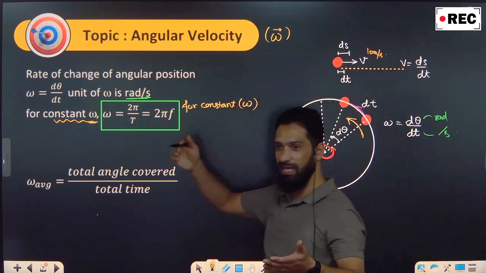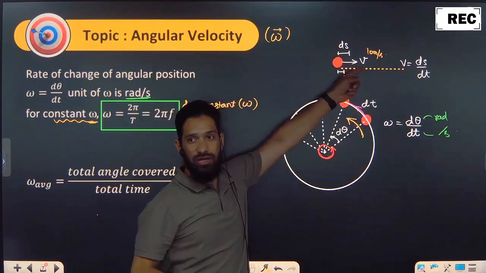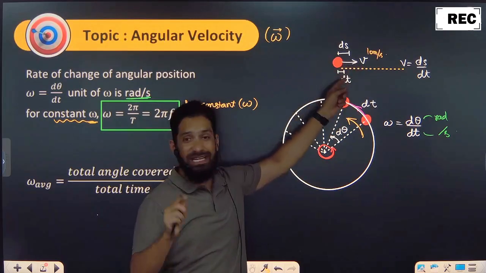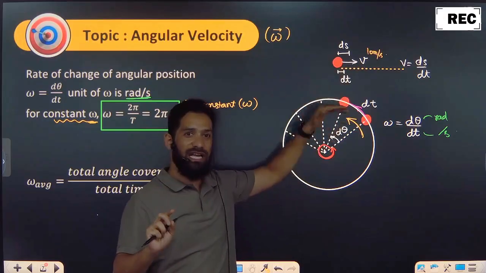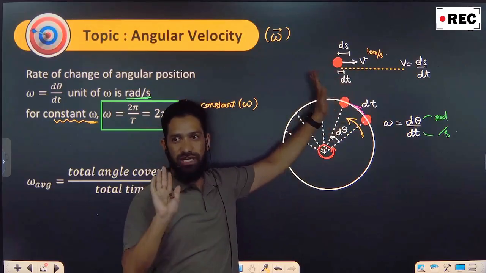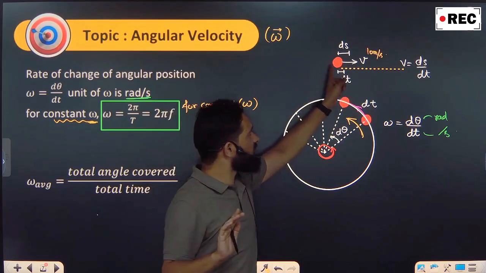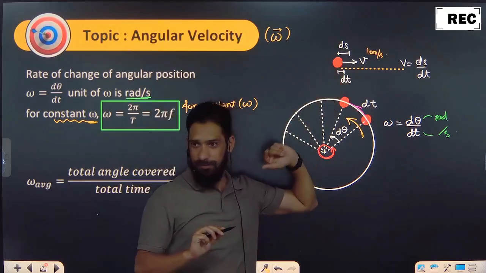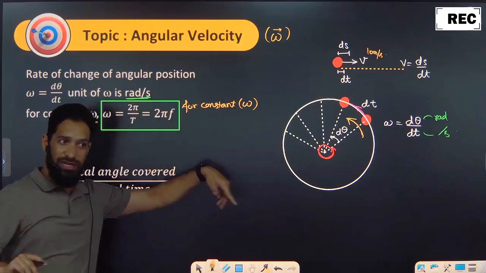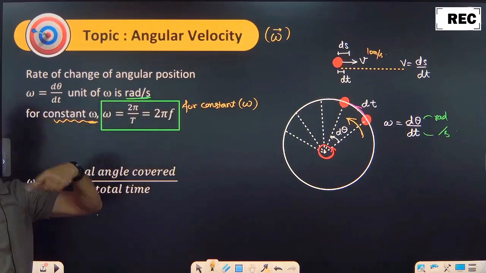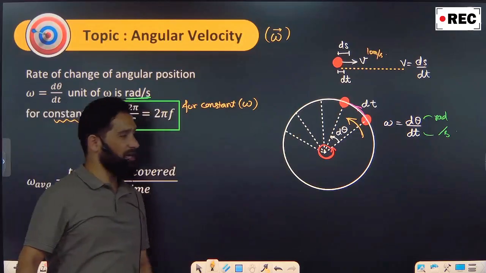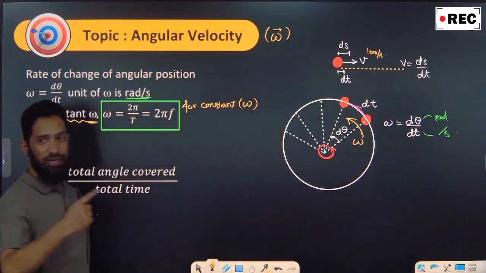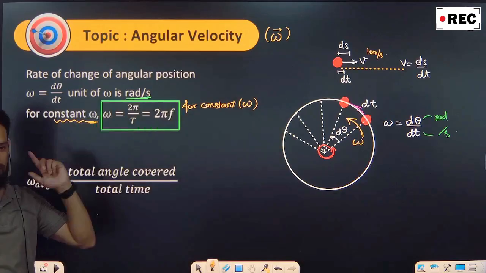So like before that, we used to introduce linear velocity. At that moment I was not calling it linear, I was simply naming it velocity. It means it was moving in a line, right? At that moment it was expected that it is moving in just a line. ds is simply a straight line, right? But here, when we define things which are moving in an arc or in a circle or on a curve, we define omega. Is that clear? So this is omega here. Anti-clockwise omega positive, clockwise omega negative.